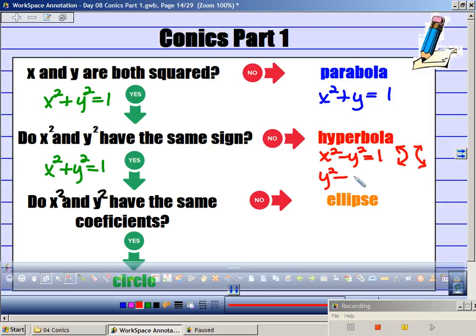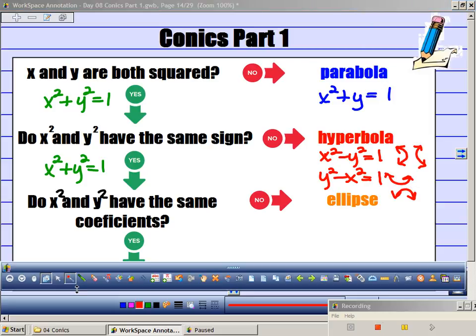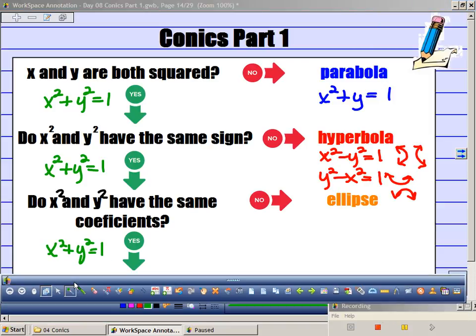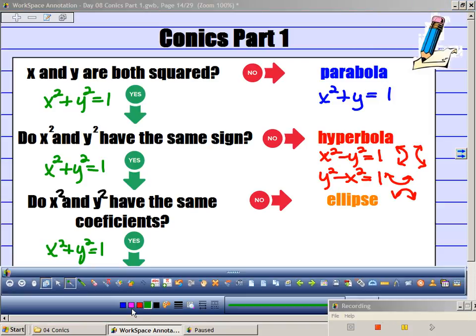And this would be y squared minus x squared equals 1 would look like this. Same coefficients would be this. Different coefficients would be,